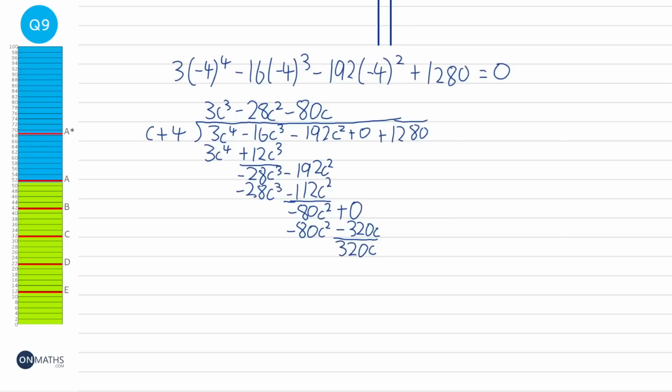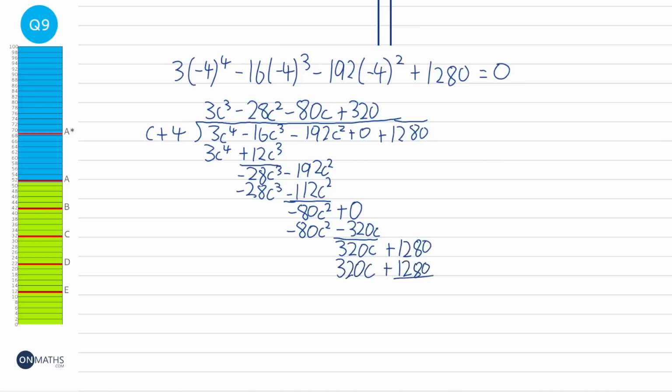And then divide that, so that would be plus 320. Drop down the 1280, and then multiply the 320 by the c plus 4, so it would be